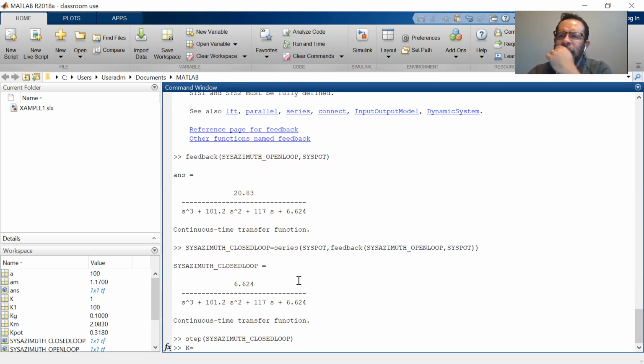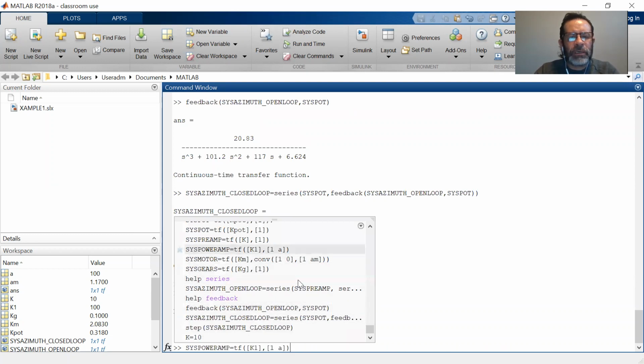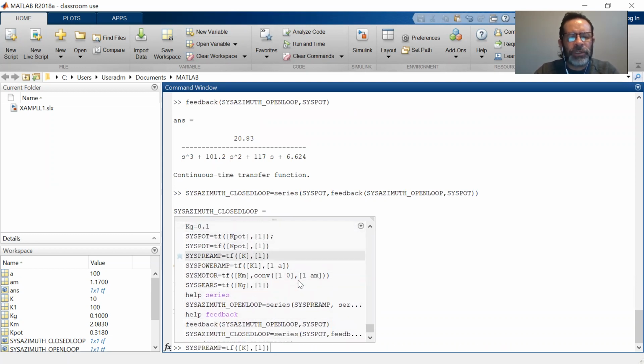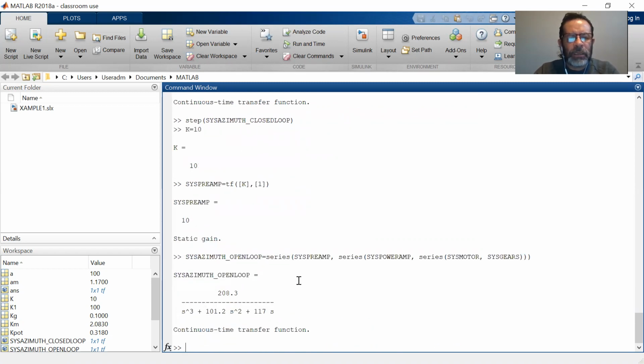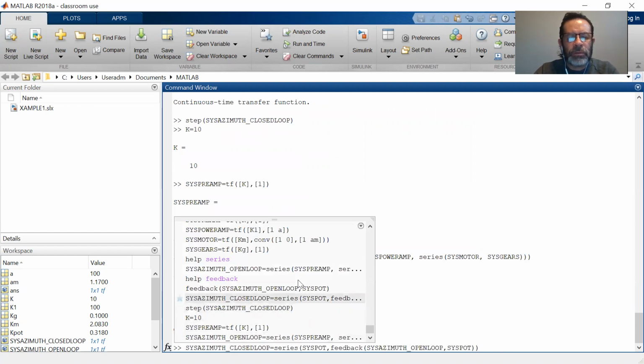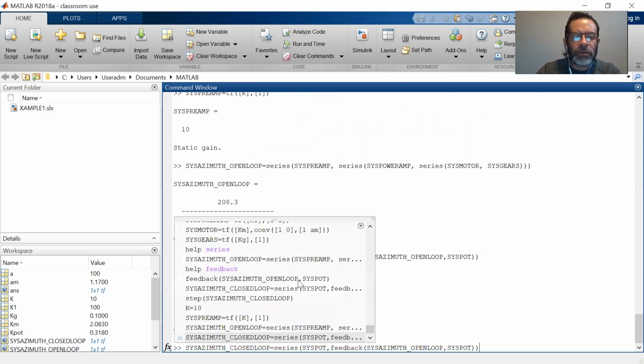I'm going to give K a higher value. I'm going to amplify the error signal and see what happens there. So now I'm going to say K is equal to 10. And I'm going to do the configurations again. I actually just need to do one configuration again, which is the sys preamp. The others stay exactly the same. I'm just going to do the open loop again and do the closed loop again. And I'm going to run the simulation again also